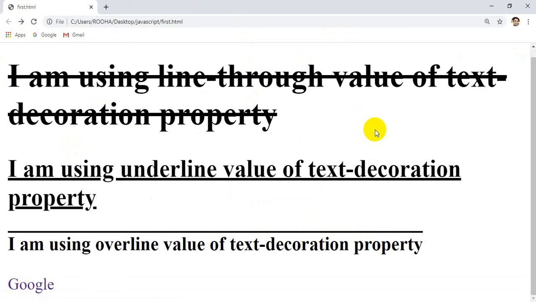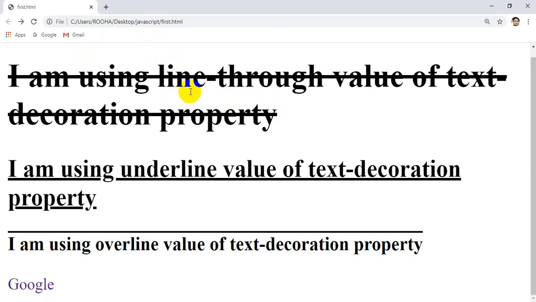I just want to refresh you. In this lecture we have seen the text-decoration property. What is the text-decoration property? It is a CSS property which is used to apply different decorations on text. These decorations can be assigned in the form of four values. You can assign as per your requirement, but mainly we have four values.